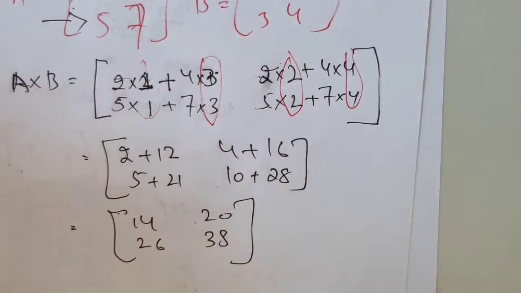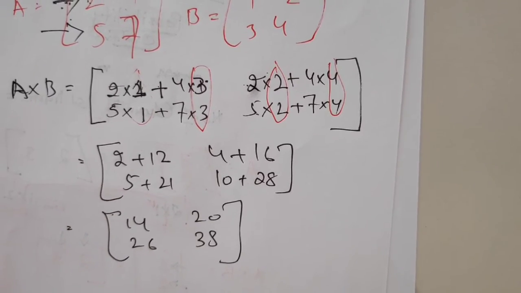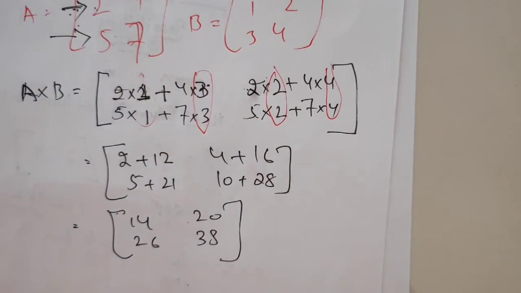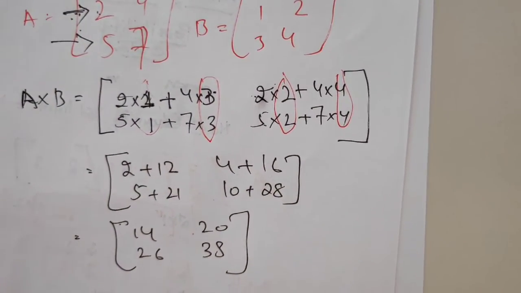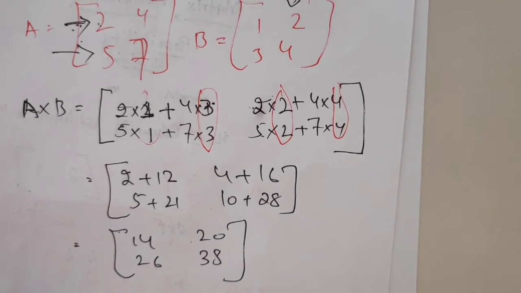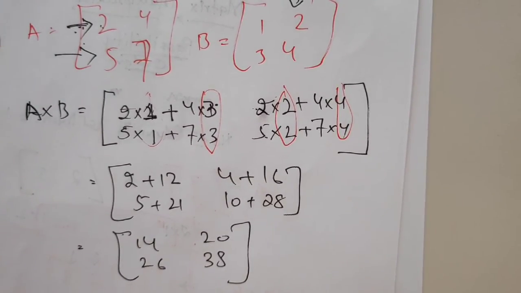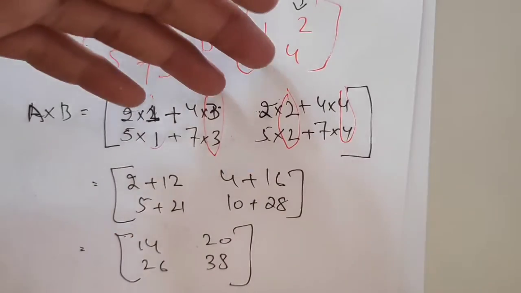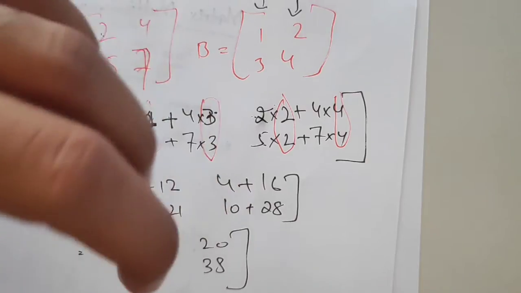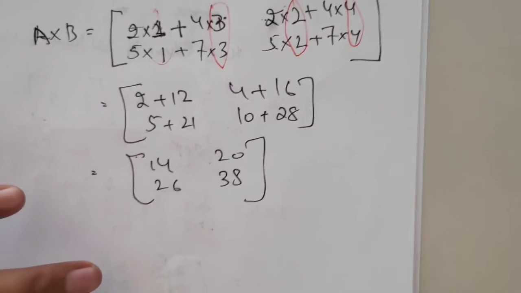So simply, first you check the possibility. How can we check the possibility? You should know the number of columns of the first matrix and the number of rows of the second matrix. If they are equal, multiplication is possible. After that, how can we multiply? We take the rows of the first matrix and multiply them with the columns of the second matrix in this way. So with order 3 by 3 or 3 by 4, every multiplication will be possible easily.